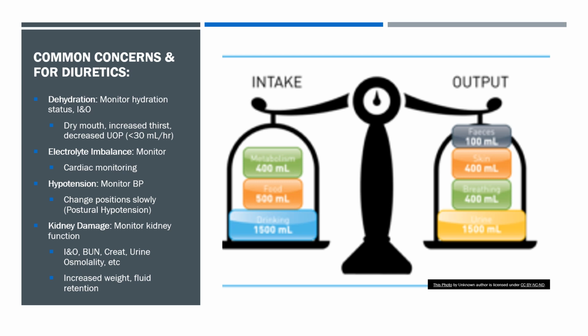And then lastly, kidney damage. The kidneys are on overdrive trying to filter all of this and put more fluid out into the bladder and therefore pee it out. So the kidneys are on overtime and eventually they can get tired, if you think of it this way. So monitor their kidney function to make sure that their BUN, creatinine, and urine osmolality are appropriate. If BUN and creatinine start increasing, then there can be some kidney injury. You can have an acute kidney injury from diuretic use. So be mindful of watching their kidney